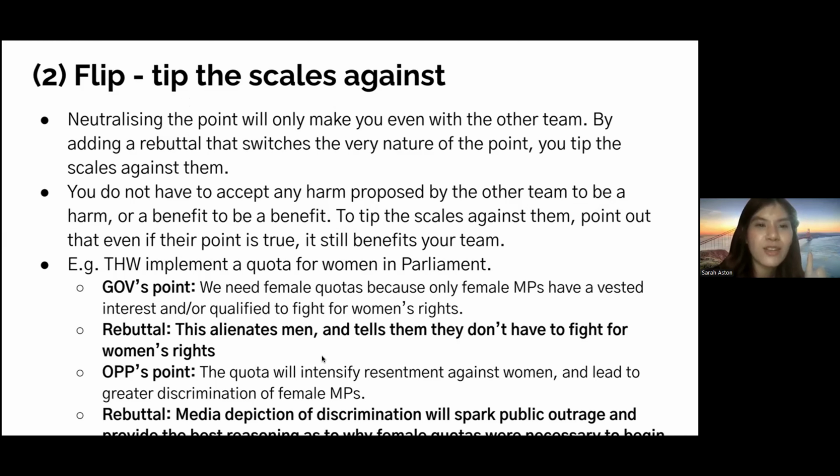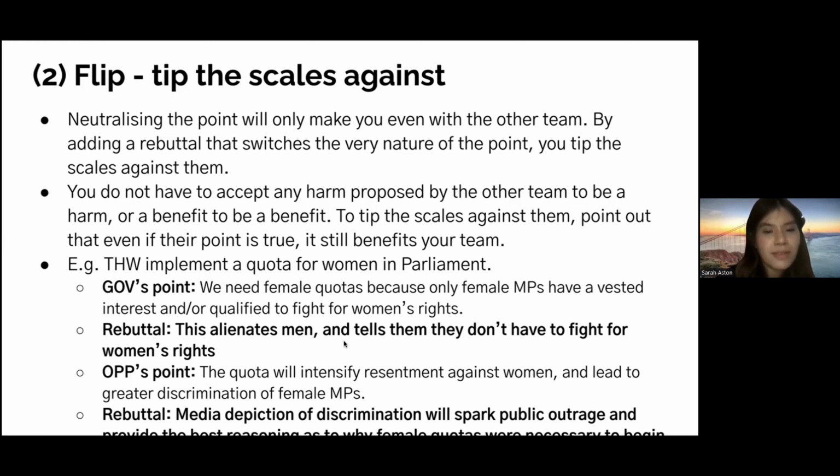It means that men do not feel the need to fight for it too, and that's a problem, right? So what Op then talks about here, if you were to flip the sides in terms of opposition, is the quota will intensify resentment against women and lead to greater discrimination of